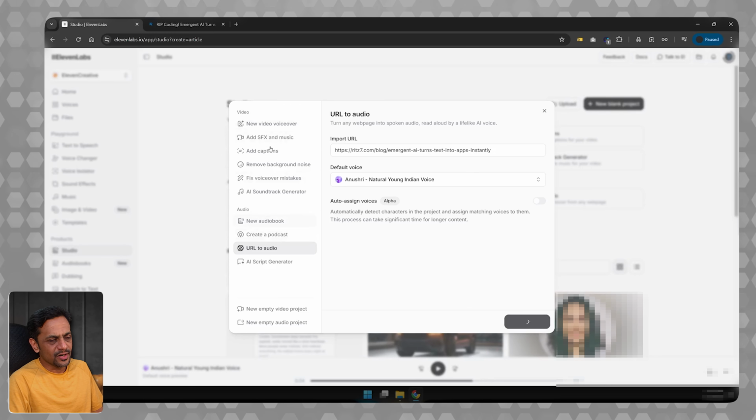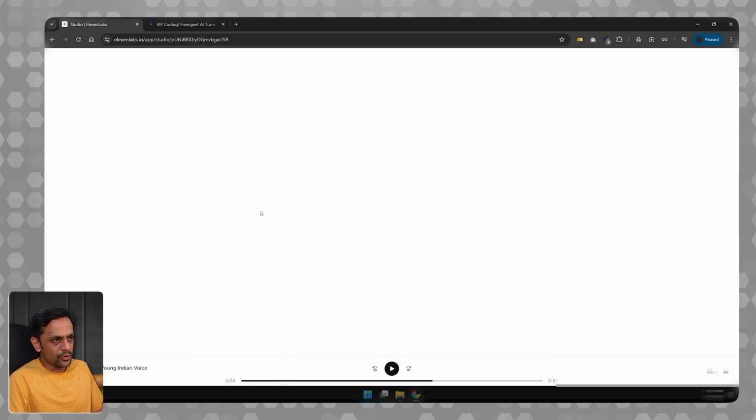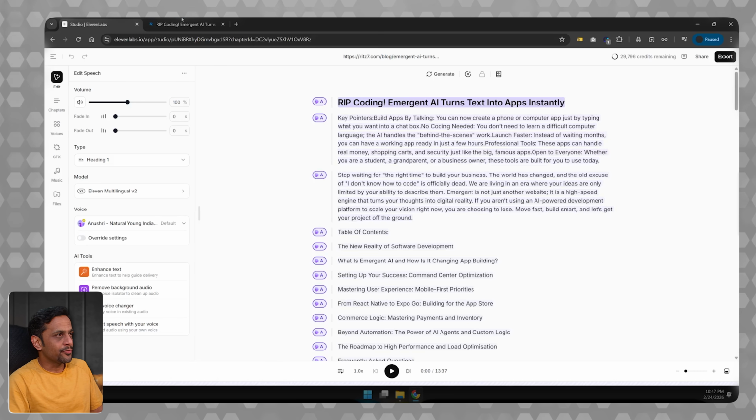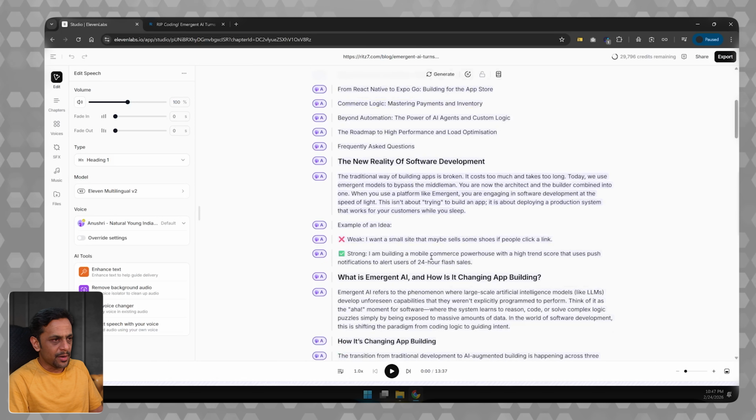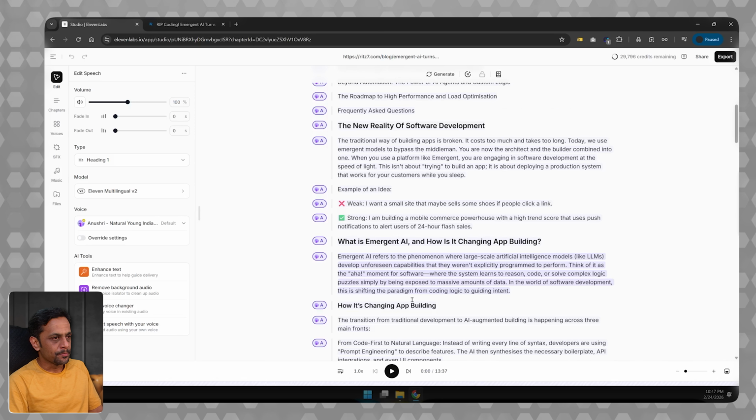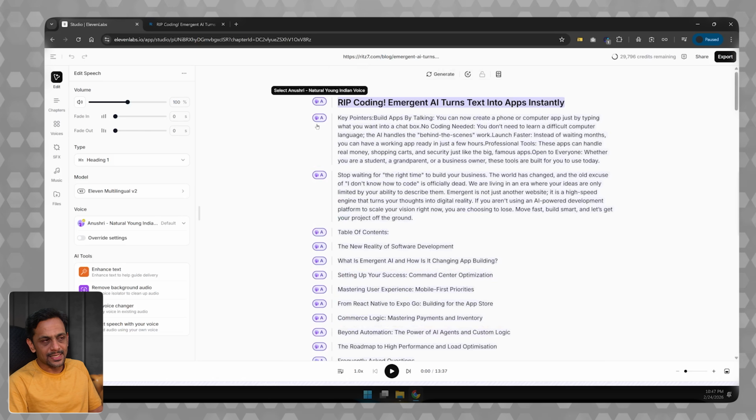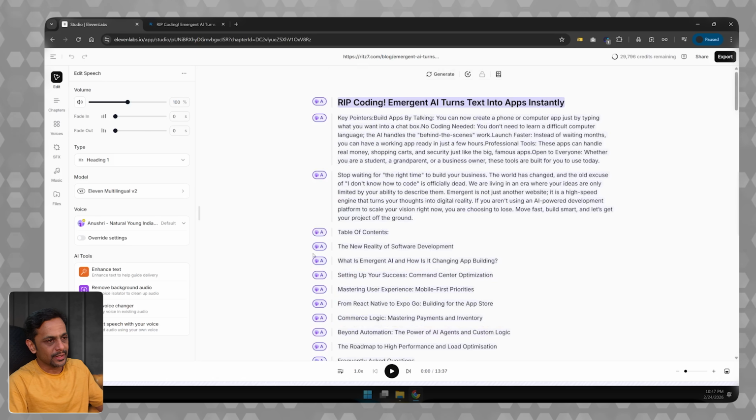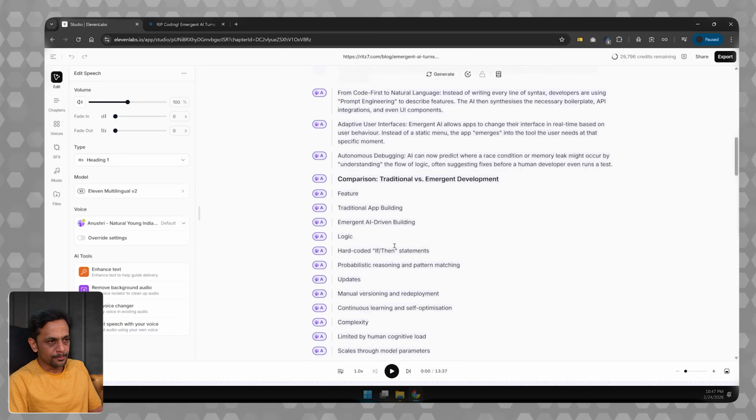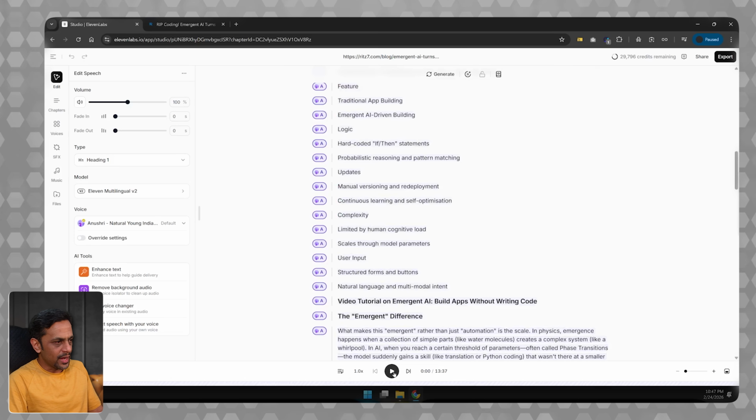And we have a lot of options here. These are video based, and these are audio based. Everything that we've got in this blog post is actually imported here, along with the heading, the points that we have mentioned, the subheadings and everything. Now, this is the voice that has been added for all the text that we've got over here. So if I actually play this,